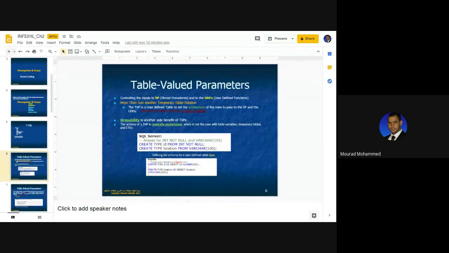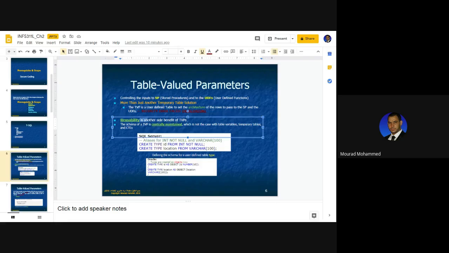The benefits and positive effects of the TVPs are that, like the views we declared earlier, we can utilize them again and again. It is a type that we define, a user-defined type, which can be utilized again and again without redefinition. Just recall, centrally maintained: what does it mean here? It means that if we declared it at the beginning of the program, we need to update only the declaration block if any modifications happen. Later on, every single call to the type would be automatically updated,